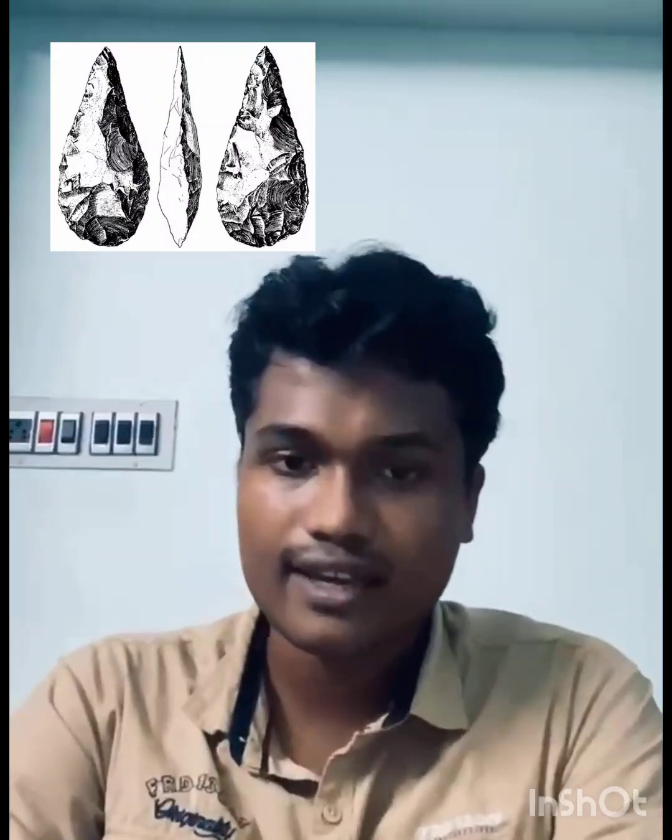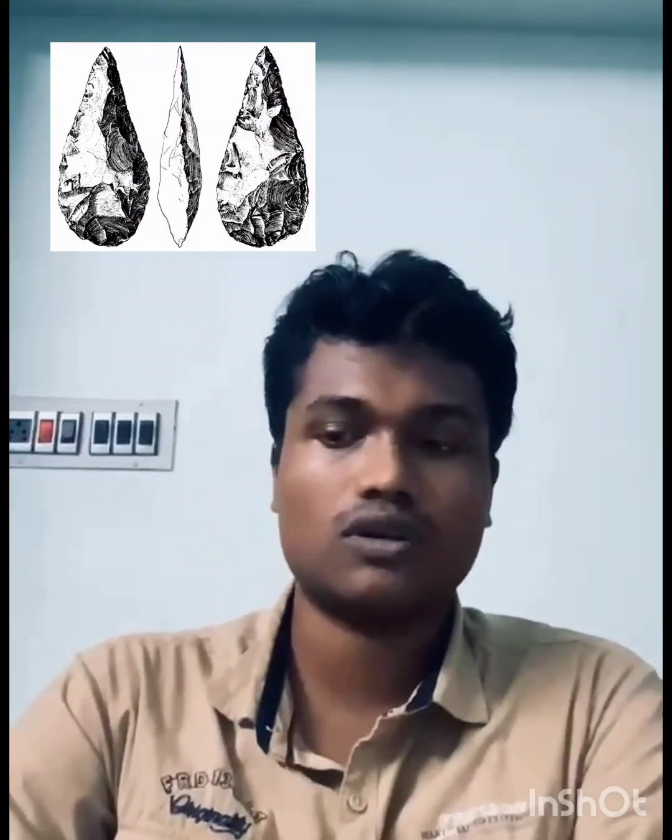On analyzing the tools' shape and structure, they were divided into two: Acheulean industry and Sohan industry. Acheulean industry was named after Saint-Acheul, a place in France, and Sohan industry was named after a river valley in Pakistan named Sohan. In the Acheulean industry, the tools were highly shaped. It's a multi-purpose tool, for example hand axes, which involves advanced planning. But the Sohan industry is very simple, with rough edges and heavy stones,